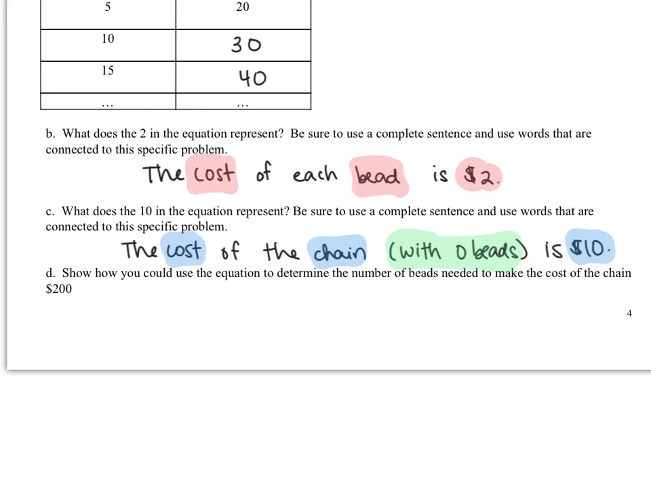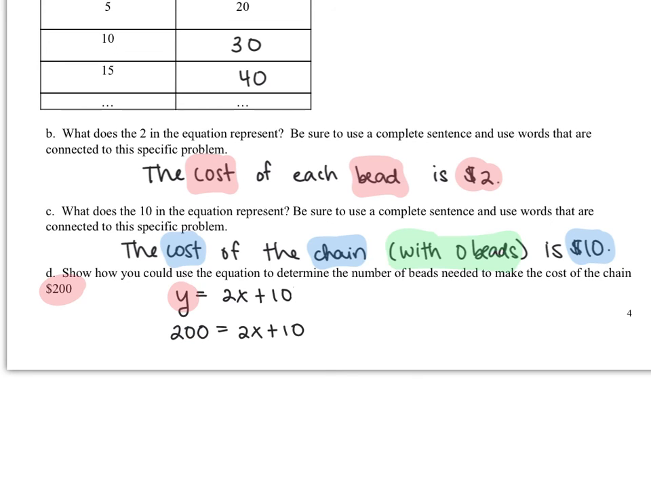Lastly, we're going to show how we could use the equation to determine the number of beads to make the cost of the chain and the beads $200. So to do this, I'm going to take this 200 value, and since it's $200, I'm going to put it in the place of the variable that represents cost. And in this case, the variable that represents cost is y. So I'm going to change y to 200. And so what I'm trying to figure out is, what would my x value need to be in order to make my y value